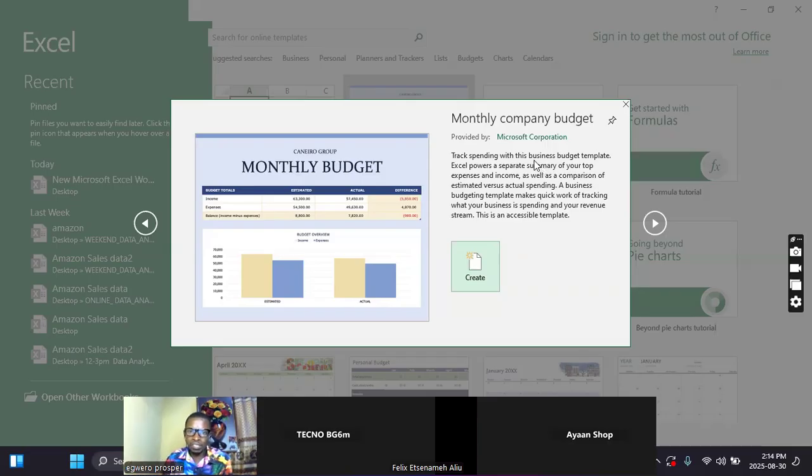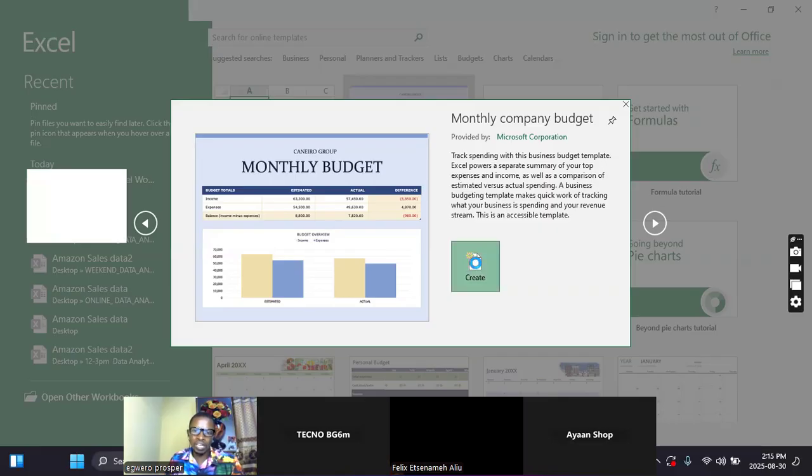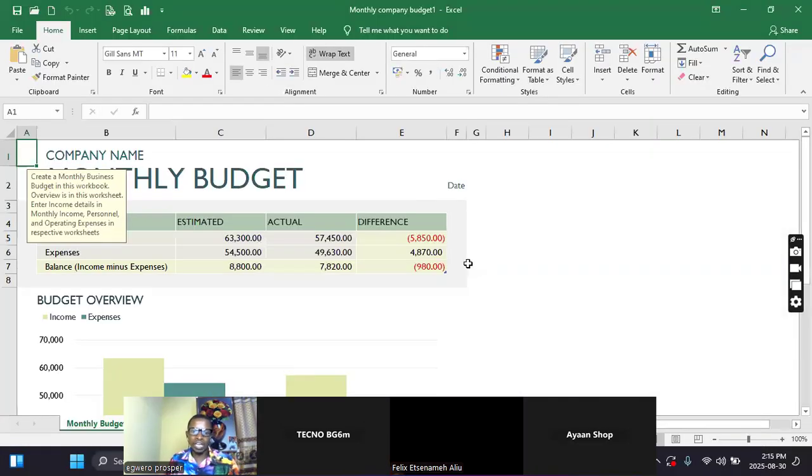Excel powers a separate summary of your top expenses and income. So that is trying to give you highlights of what he has built this system to handle. I'll say, okay, let me even see it and see whether it can be of benefit to me. So I click on create, and that will open Excel together with the template.